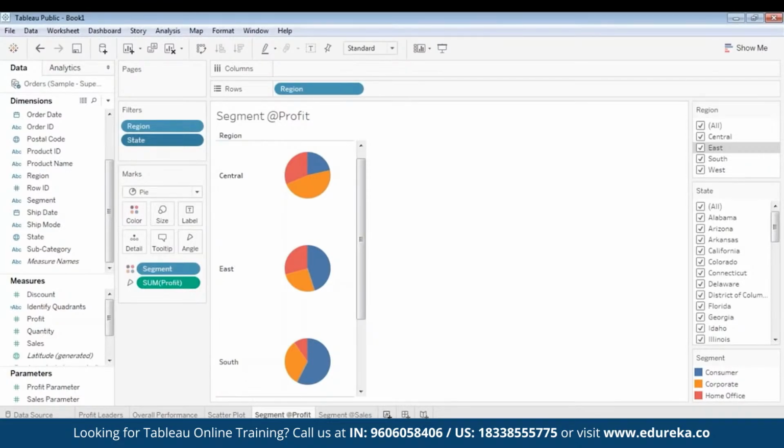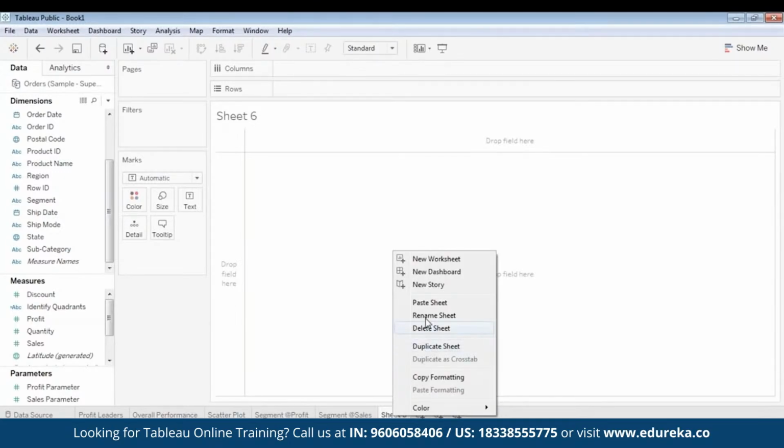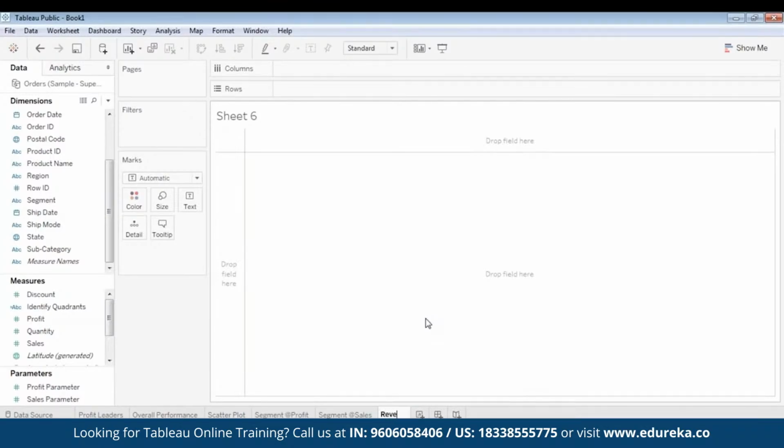So let me create one more sheet over here, guys, and I will name it as revenue by category. Right. So I have created a new sheet now, revenue by